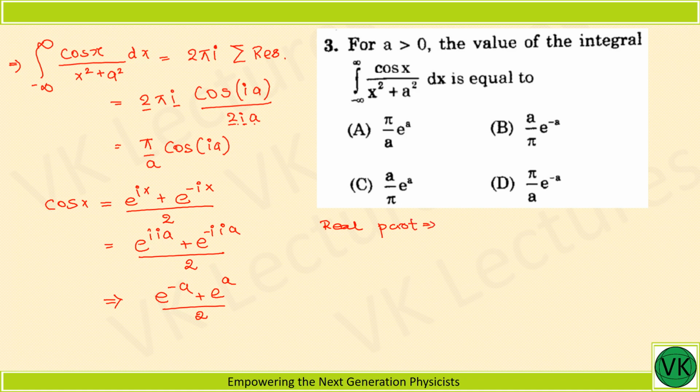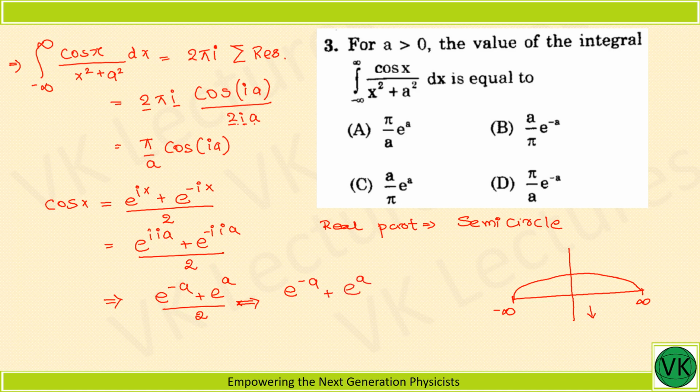that is the semicircle, that is when you consider this as the complex plane. This is from minus infinity to plus infinity. This is the semicircle we are talking about. We are not talking about whatever is towards the bottom part. So semicircle. So this can be written as, this will go to e to the power minus A plus e to the power A by 2 will get